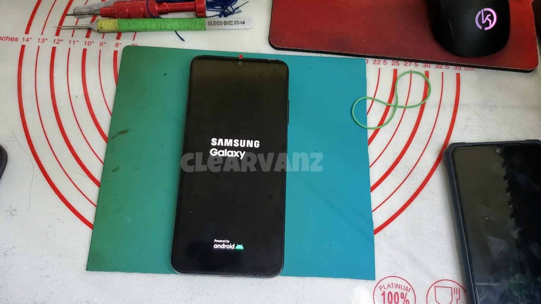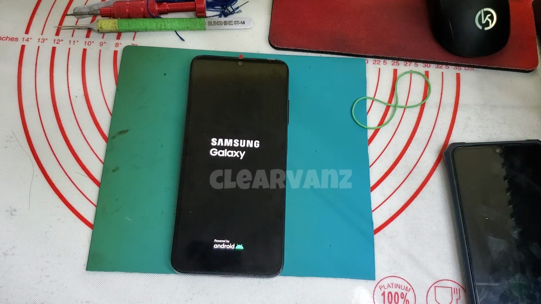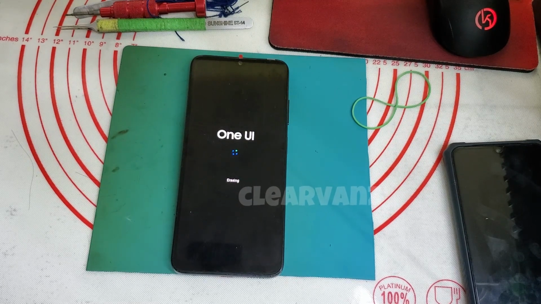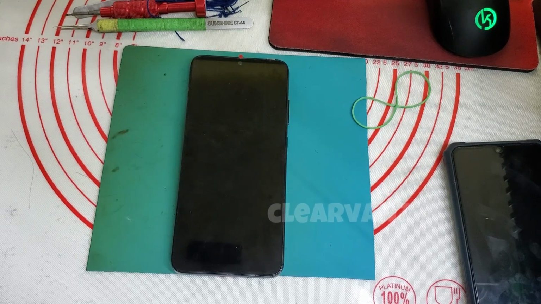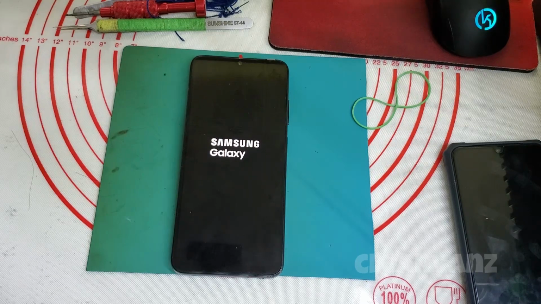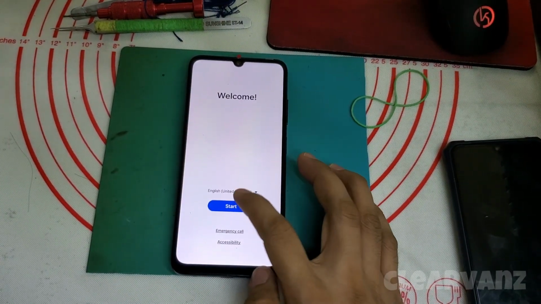Not all Samsung phones have a problem like this, but most of the time, when you upgrade to Android 14, you cannot swipe your LCD. You need to swipe the camera or phone call icon in order to open. Now let's wait for the phone to open. Usually it takes 2 to 5 minutes to open, and then set up your Samsung